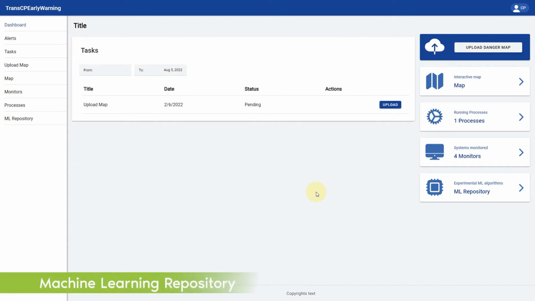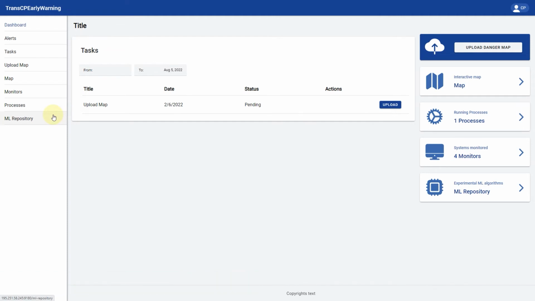The Machine Learning Repository module provides a brief explanation to the user about how artificial intelligence and machine learning is utilized in the field of early wildfire detection and alert creation through an automated procedure. The goal is to present the early warning platform user with detailed information on the contents and provided services related to the fire prediction analysis.